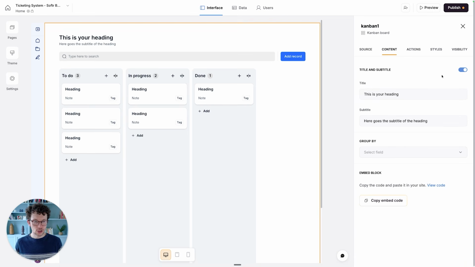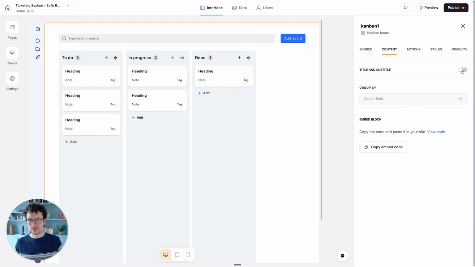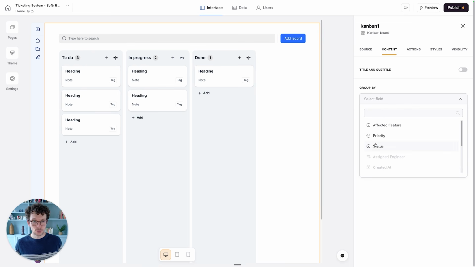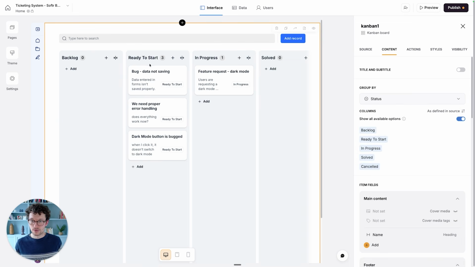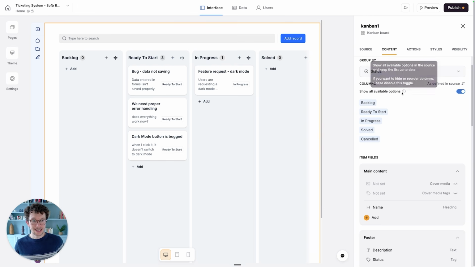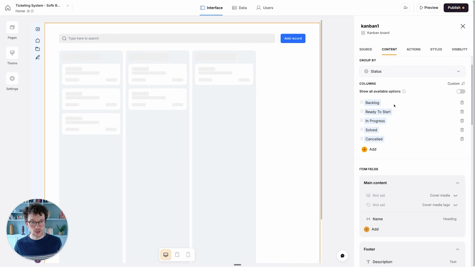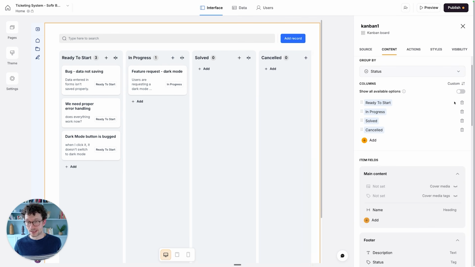We can actually show or hide a subtitle. In this case, let's just keep it very minimal and just keep the tickets. In terms of the grouping, right, we will say let's group this by status. And now we see it syncs with our source, right, of the options that are there. We can either show all of them, or we can hide some, and that's what we want, right? We don't want to show backlog because they will never see it. Ready to start, in progress, right? That is then fine. Cancelled, they can also see, right, in case the engineer would ever have to cancel something,